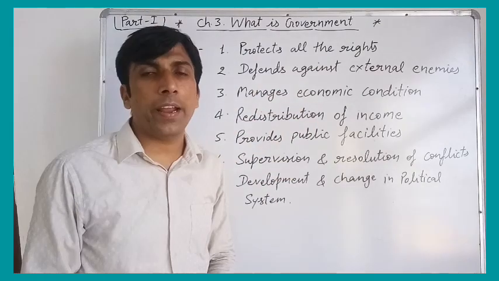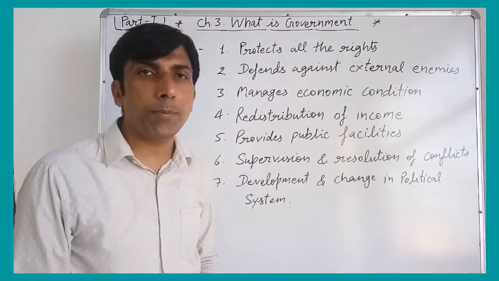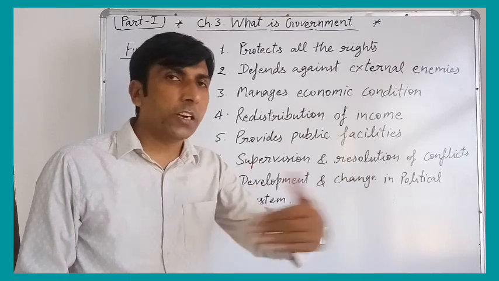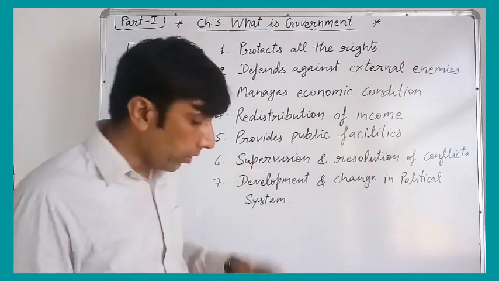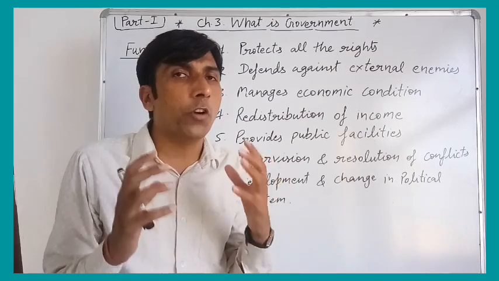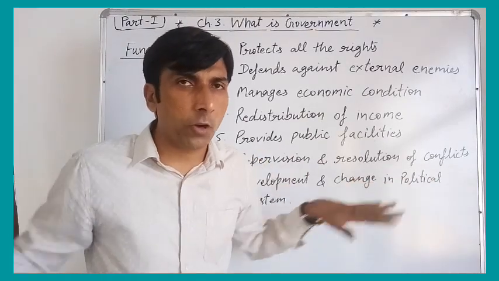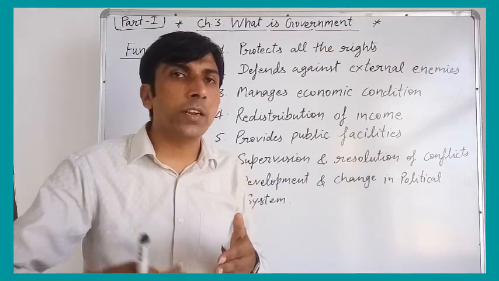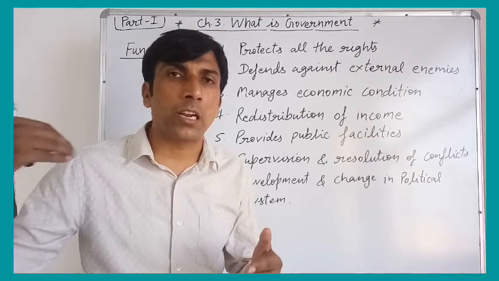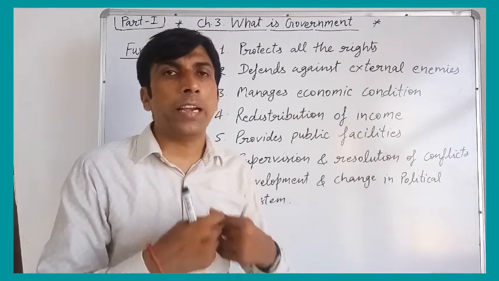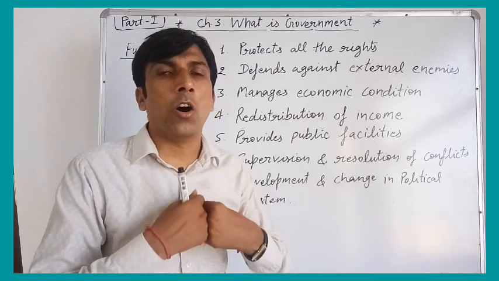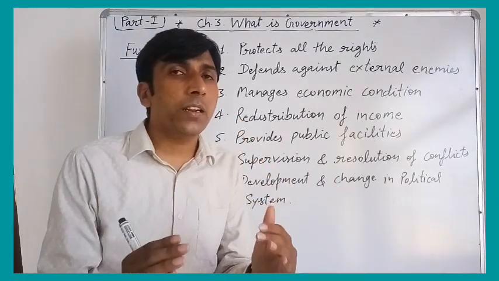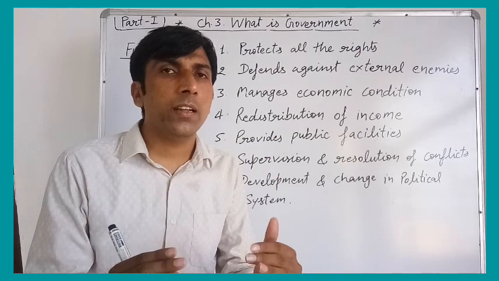Defense against external enemies. You can take a recent example: China is going to attack India. It is having several disputes with India, boundary disputes on the LAC. So in this way, the Indian government has full responsibility to protect the territory of our country and the people of our country. So it is going through delegations and conversations and different kinds of meetings, right? General level meeting, commander level meeting, or foreign external ministers level meeting, right?